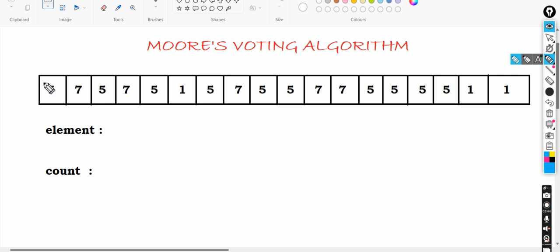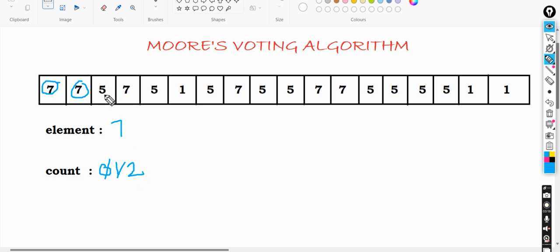We have been given this vector, and we'll take the first value as our element, so we'll take the element as 7. We initially have count 0, and we'll make it 1 because we are counting now. Our counting starts. Now again we came across 7, so our count becomes 2 and the element stays 7.